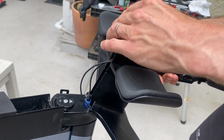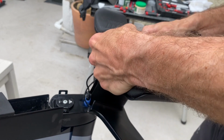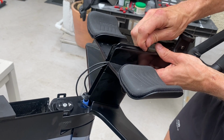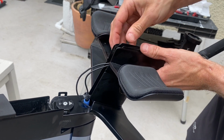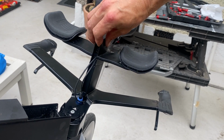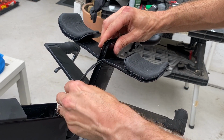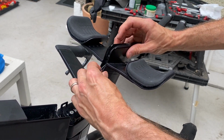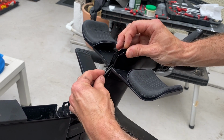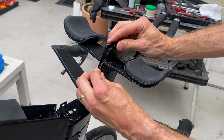So it should go something like that, and then you should be able to get it in. That doesn't need sliding up. That's pretty much it. And you've got to check that the whole screw hole lines up at the bottom, and you'll have some cables protruding, but don't worry about that. You can lift it up slightly and push those through a little bit if you want, but the most important thing is that your hole lines up with the screw hole,